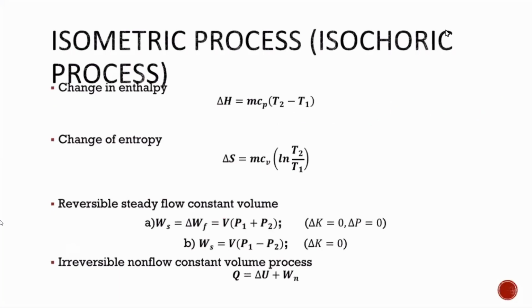Okay? Let's have the change in enthalpy, so we have delta H. Ano lang ang pinagkaiba niya dun sa ating change in internal energy and heat transferred? Nabago lang yung ating specific heat. So instead of Cv, Cp naman ang hinahanap natin, ang constant na gagamitin natin. Okay. The change of entropy or delta S: we have mass times the specific heat at constant volume times the natural logarithm of the quotient of T2 and T1. Okay?